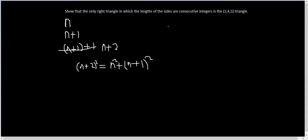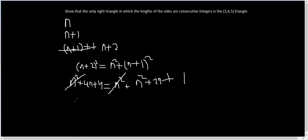Because remember, the Pythagorean theorem is a squared plus b squared equals c squared for a right triangle. So now we just solve this out. We should get n squared plus 4n plus 4 equal to n squared plus n squared plus 2n plus 1. Notice how these two n squares cancel out, so we're left with 4n plus 4 equal to n squared plus 2n plus 1. So if we subtract 4n and we subtract 4 on both sides,